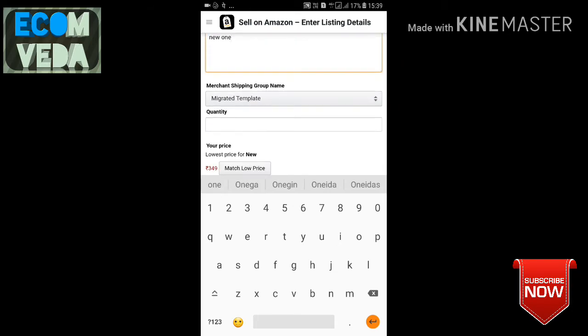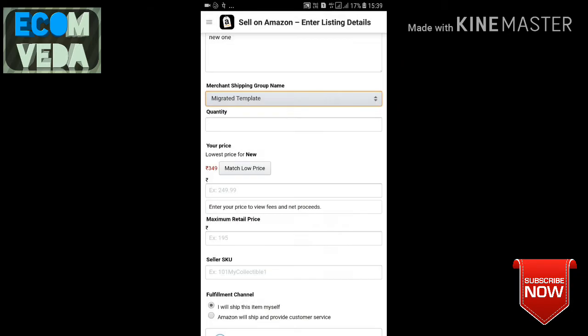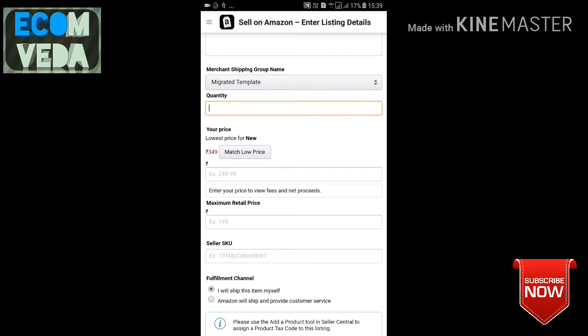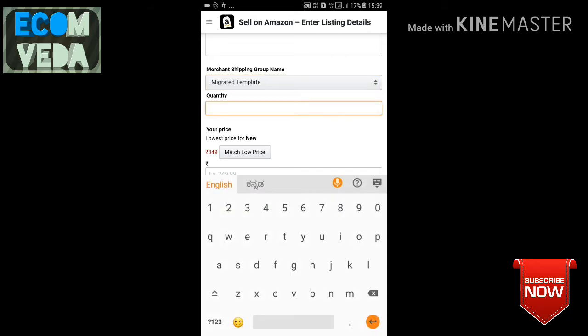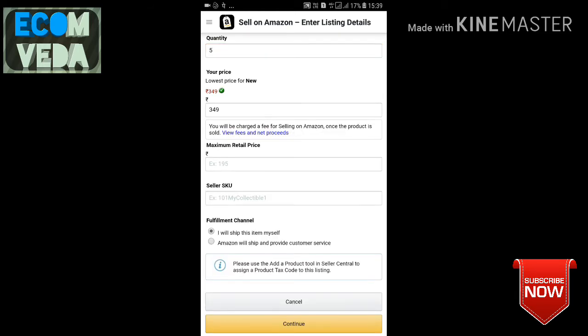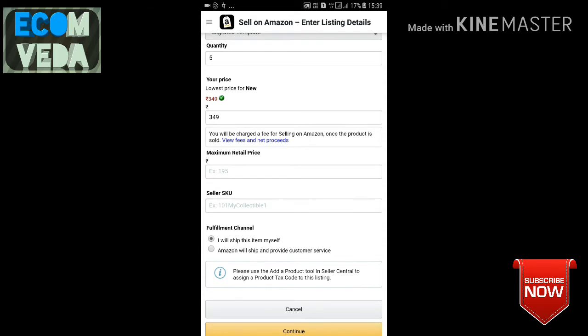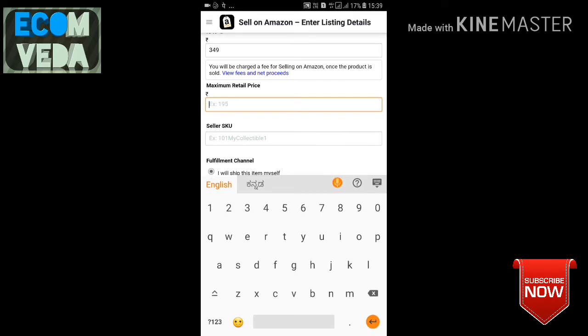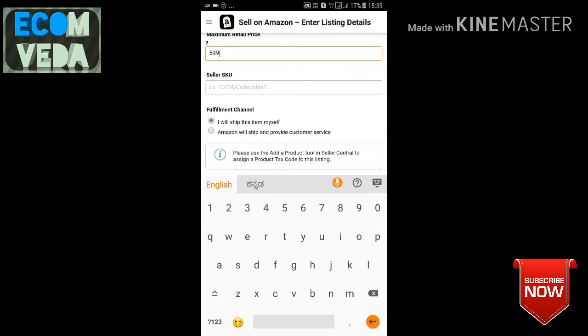On this migrated template, for quantity, you just mention how many you have, like 5. Or match low price: if you click on match low price, your pricing will be automatically filled in. You just put the MRP, like if the MRP is 599, just put it.